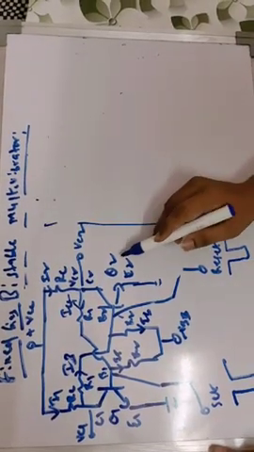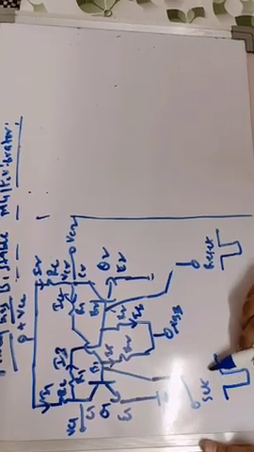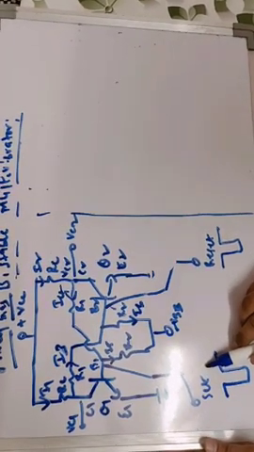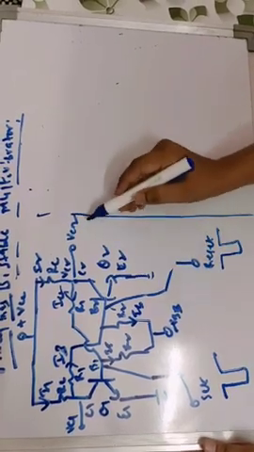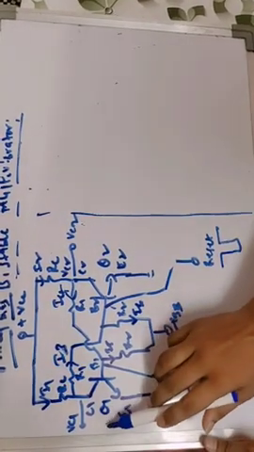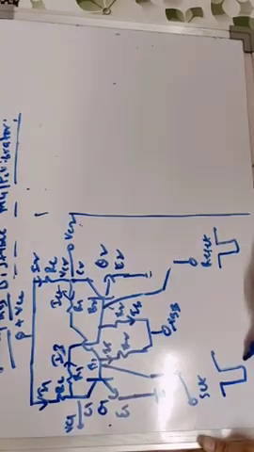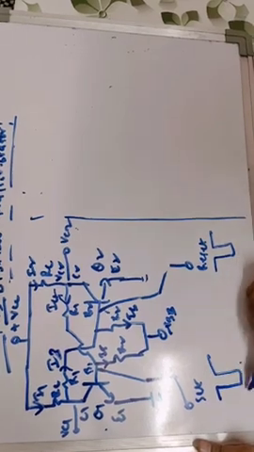So this is a complete diagram of a bistable multivibrator, and we will apply an external triggering to change the state of a bistable multivibrator. So we can take the output across the collector of the second transistor, or we can take the output across the collector of the first transistor here. Whenever we want to change the state of a signal, we need to apply the triggering pulses here.